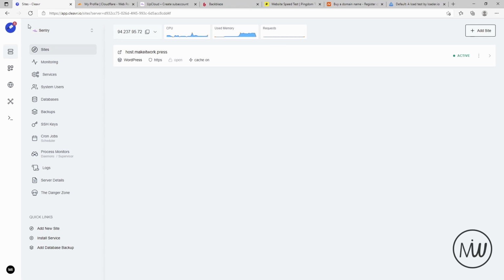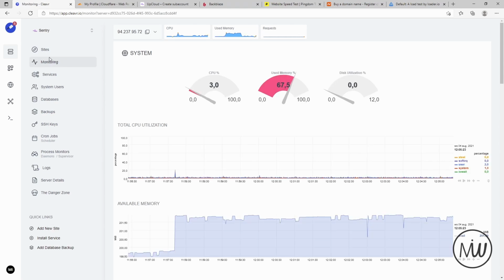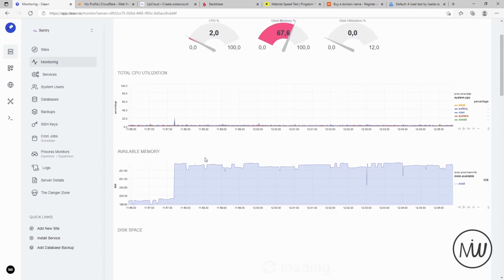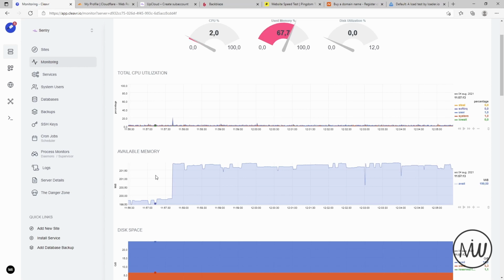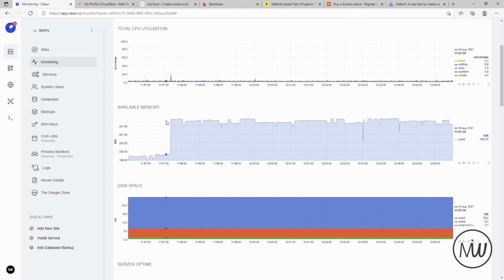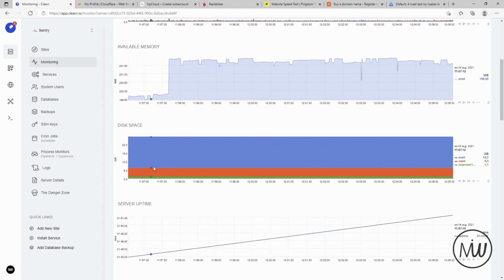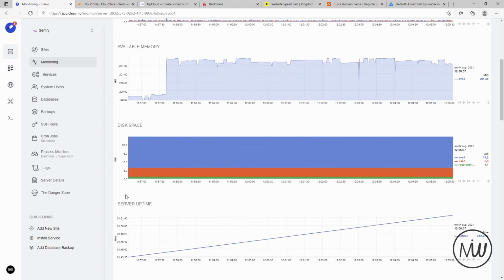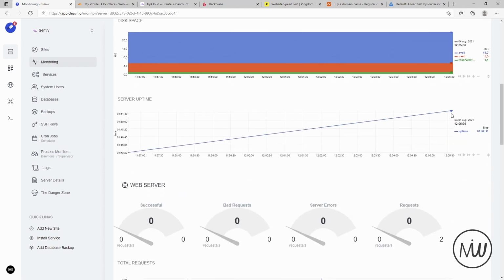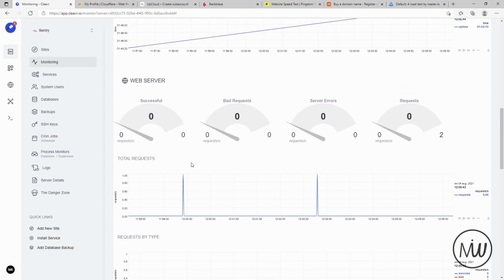Well, on the left you can find all the several settings which are there for a server, and one of the first things which you really need, I think, is that you have real-time monitoring of your server, so you can see how much memory is still available, the CPU usage, the disk space that is used, also the uptime, how long the server is running, and also the real-time requests, which is